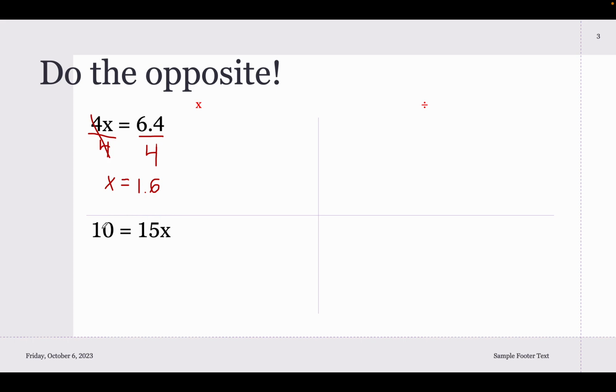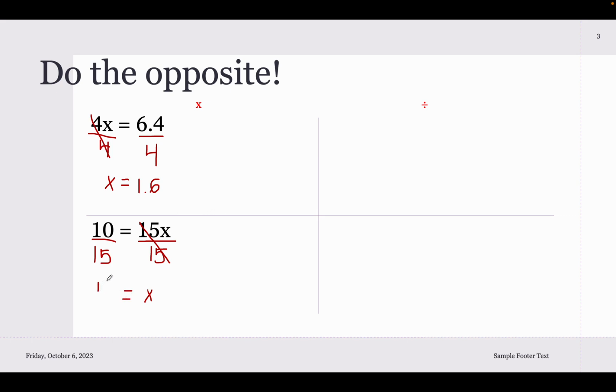I have 10 equals 15x. Does it change when I just flip to the other side of the equal sign? Nope, same thing. I got to get my x all by itself. To do that, I need to divide by 15 because 15x means times, and we need to do the opposite, which is to divide by 15. 15 divided by 15 equals 1, and 1 times x is just x by itself, so that works. If I divided by 15 on that side, I must divide by 15 on the other side so that it keeps things balanced out. This means that x equals